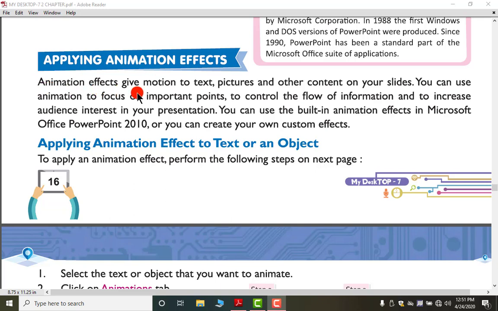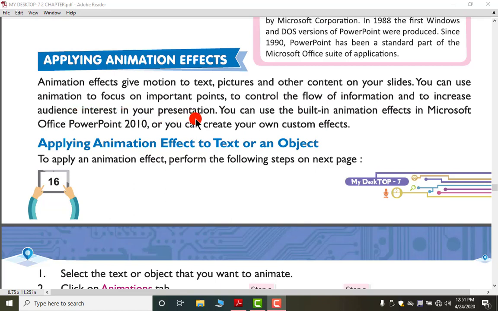Animation effect gives motion to text, pictures, and other contents on your slides. Other content may include a table, clip art, word art, anything. You can use animation to focus on important points, to control the flow of information, and to increase audience interest in your presentation.